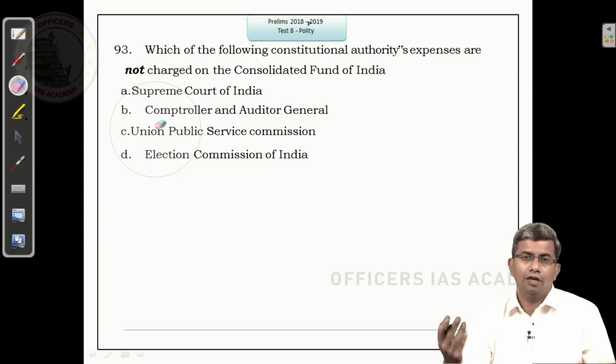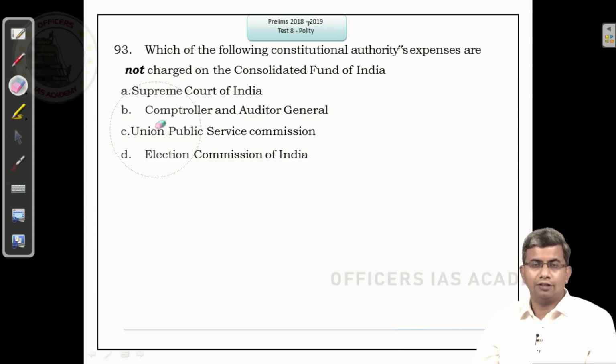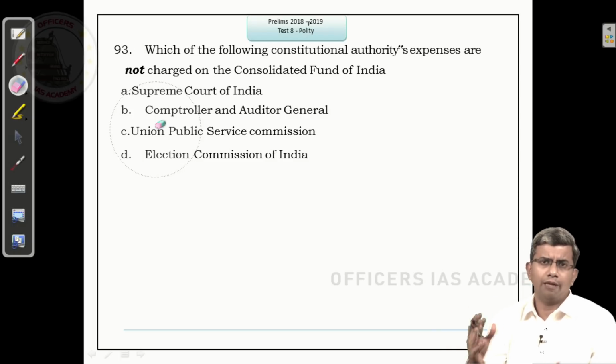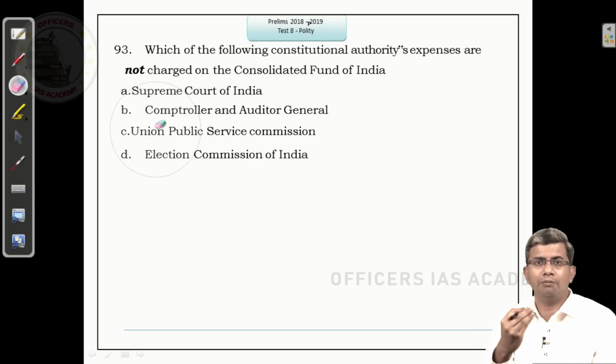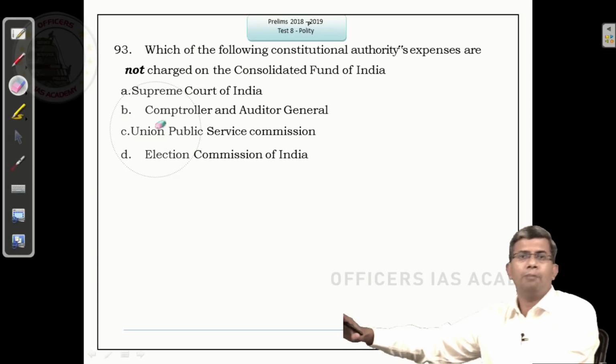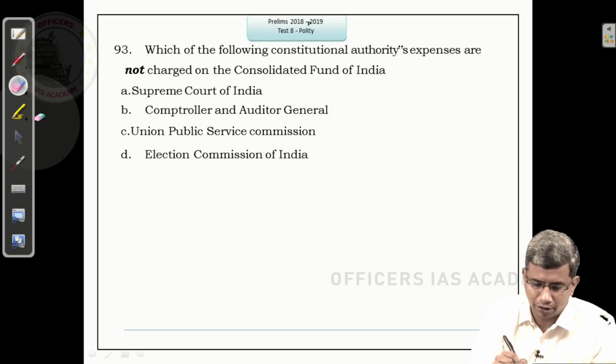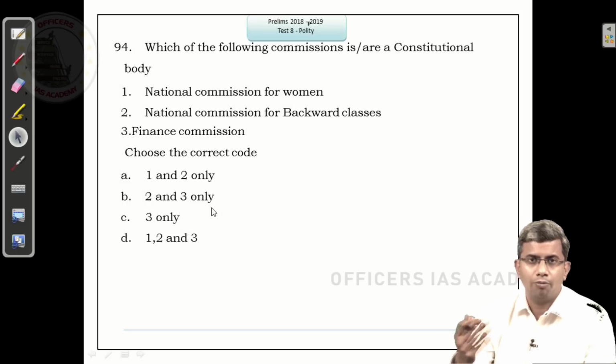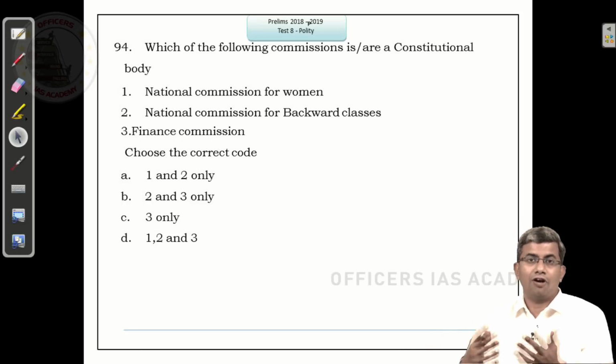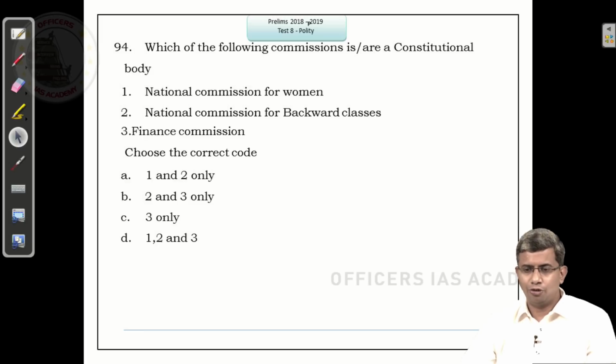I don't know why it takes a constitutional amendment creating reservation for economically backward classes amongst the general category. I mean, there are 2 views to it, but I'm saying that can be passed in 2 days in the parliament. But the Election Commission's demand for so many years that its expenditure be charged on the Consolidated Fund of India is still pending. So those are the funny ways in which the Indian democracy works, but we'll have to be proud about it because there are checks and balances, and we are all aspiring to be civil servants, so we will stick to the constitution and the UPSC prelims here.